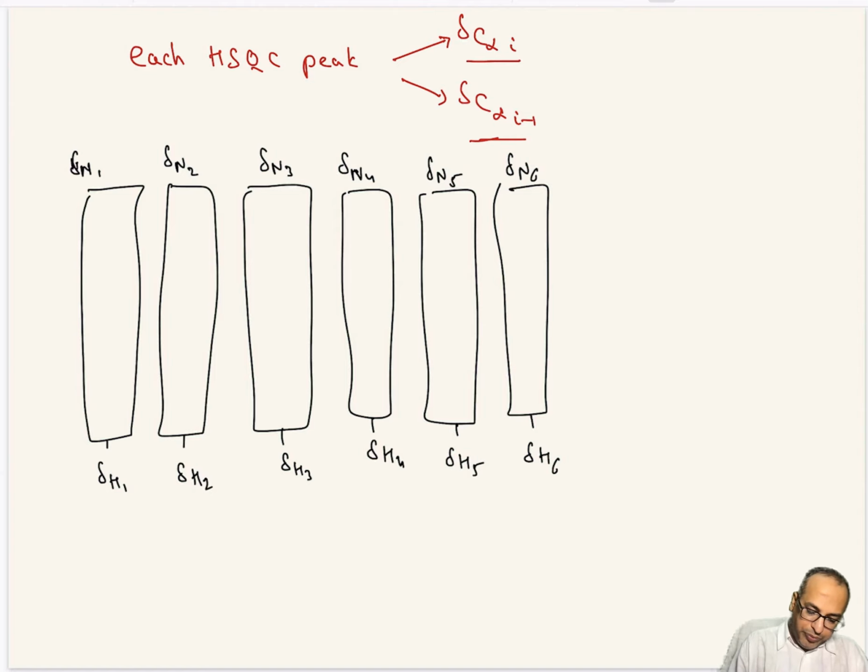Now find out their C alpha and C alpha minus 1. Let's say for the second peak, this is your C alpha minus 1 and this is your C alpha. Now this is your C alpha minus 1 and this is your C alpha. So the smaller peak is C alpha I minus 1 and the bigger peak is C alpha of I. Okay. Now what you have to do is see how these are matching in chemical shift, carbon chemical shift. Similarly here,